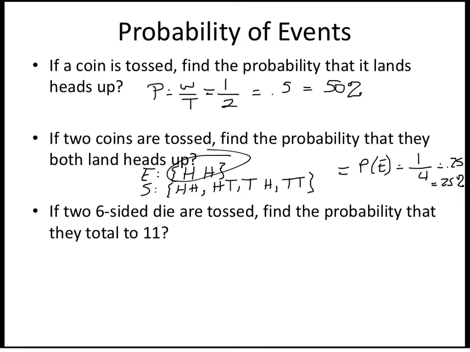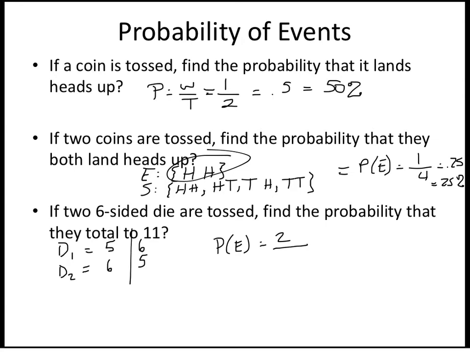Now we have a slightly more complex one. Here we have 2 6-sided dice. We want the probability that they add up to 11. So we have die 1 and die 2. The only way these 2 dice could add up to 11 is if one of the dice is 5 and the other is 6. This could happen with die 1 being 5 and die 2 being 6, or it could also happen the opposite way. So that means the probability of this event happening is going to be 2 over